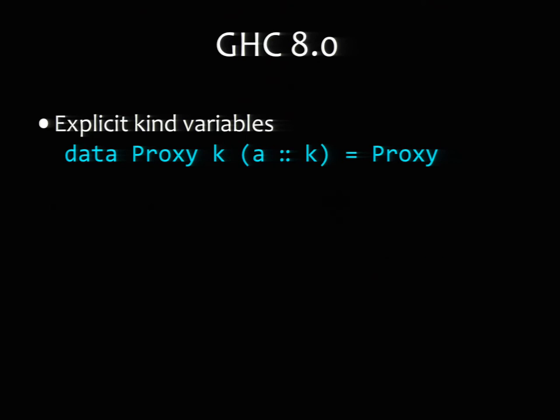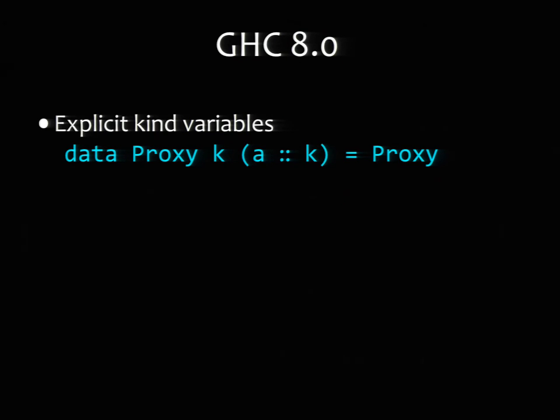So, it's supposed to say type equals kind up there. The big new feature in GHC 8.0 is that types and kinds will be the same. Right now, every type in Haskell has a kind, and then kinds don't really have anything. And in GHC 8.0, every type will have a type. It's the same language used for types and kinds. So everything you can do in types, you can do in kinds.